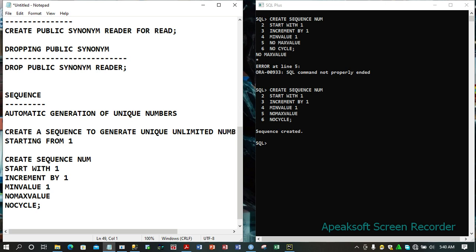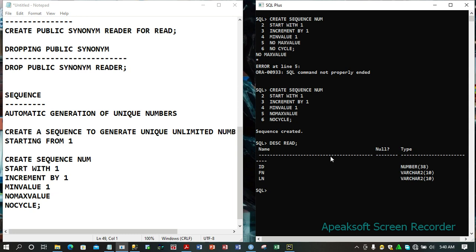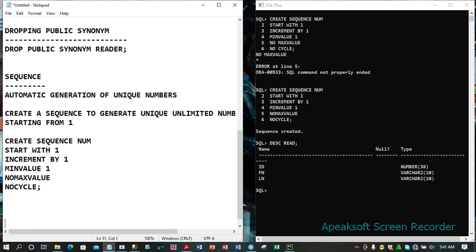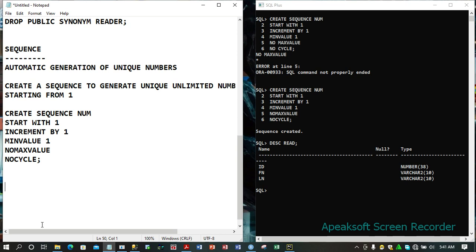Now we want to insert records with the sequence. Now we have a table called, let's describe the table. We have a table called read, right? Now with this read table, where the IDs are, we don't want us to be the one to provide the ID numbers. We want the system to provide them or to fill in the ID numbers. So here we are inserting just 3 records. So we just go insert into read